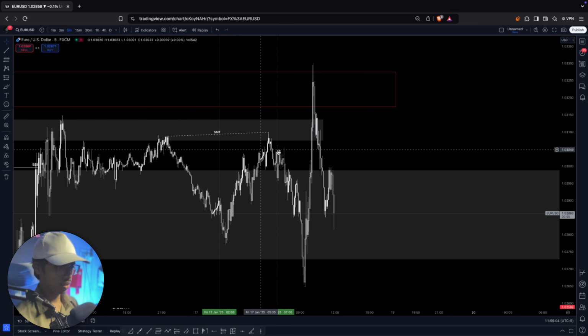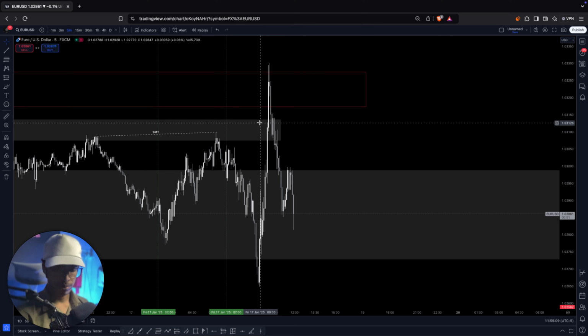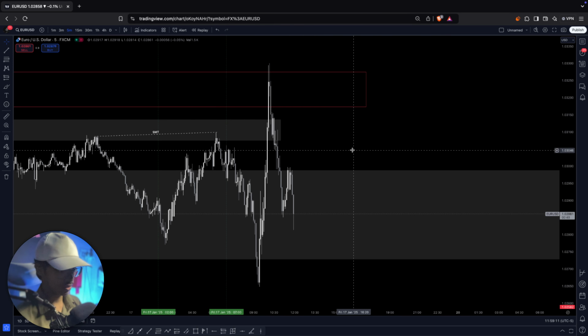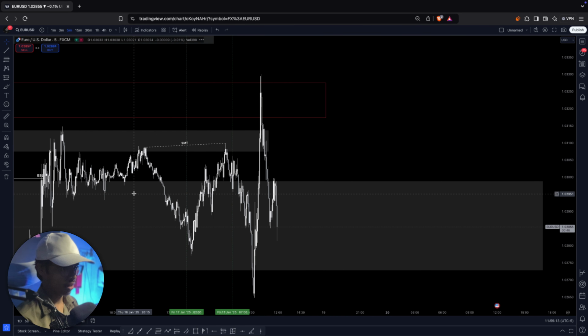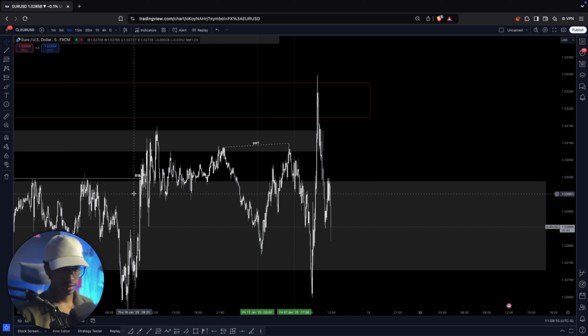Got it? Okay, so we have to keep comparing this thing, and that is it for, I guess, the post market session. Post market analysis, that is it for today, and we'll try to see the next trades on Monday. We'll try to analyze the whole daily bias, weekly bias, and all those things. Till then, that's it for today, guys.